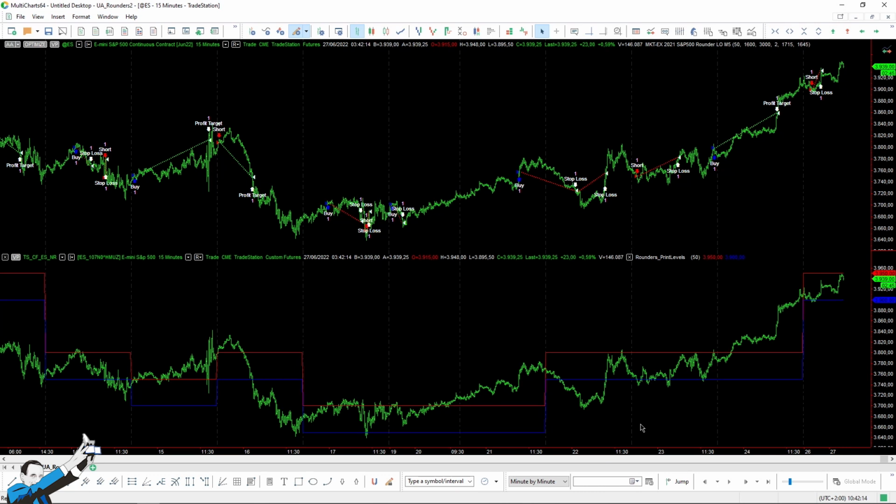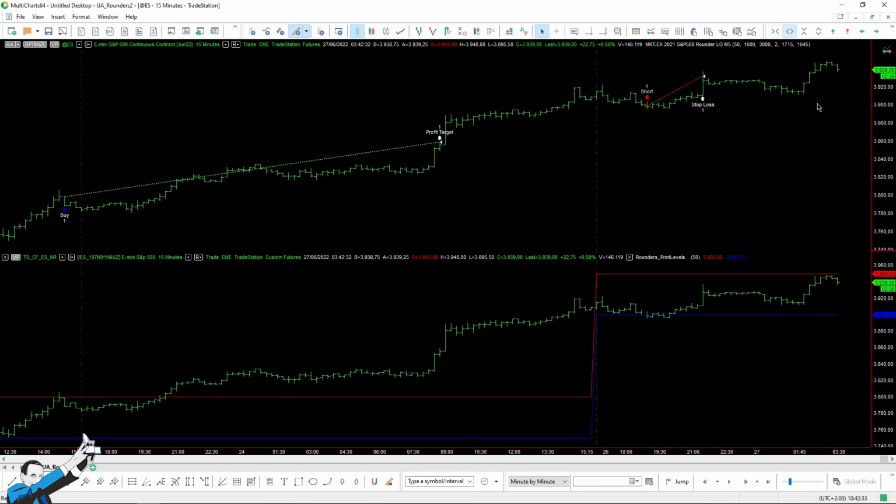At the beginning of each session, we'll draw some lines. For example, today, if we go a little bit wide here, you can see that the upper level will be at 3,950 and the lower level, now here you can't see it very well, but it's 3,900 because in this case, the step is 50 points. So it will identify two price levels, one above the opening and one below the opening. So that's it on the round level.